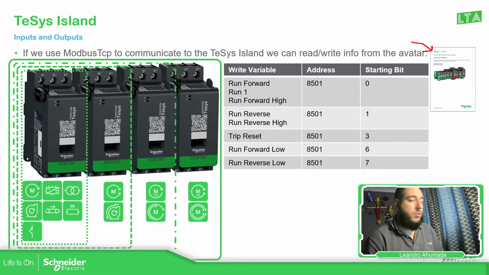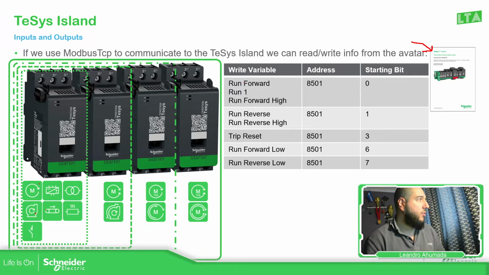Here, you just have two starters. In this one, star delta, you have these two speed levels and forward reverse, and forward and reverse for star delta. So depending on the avatar selected, you have more things, and this is just a summary of the different things